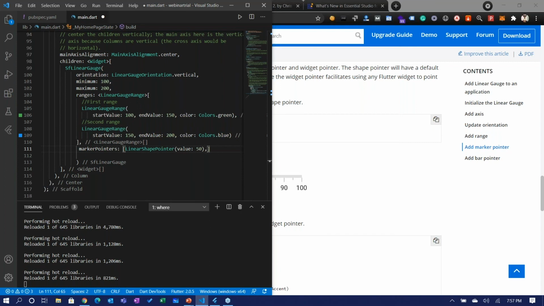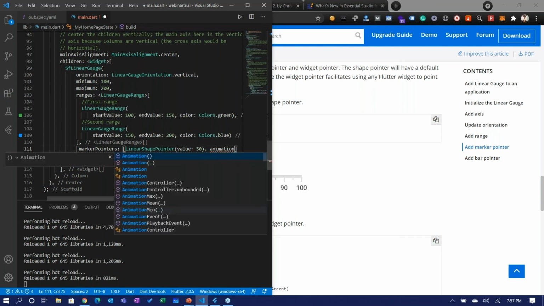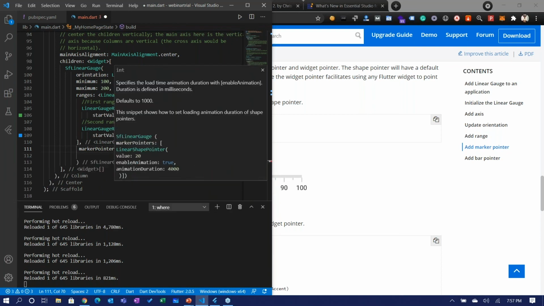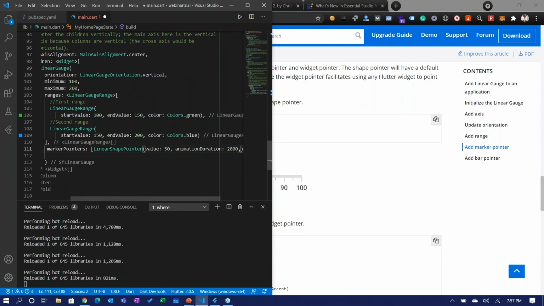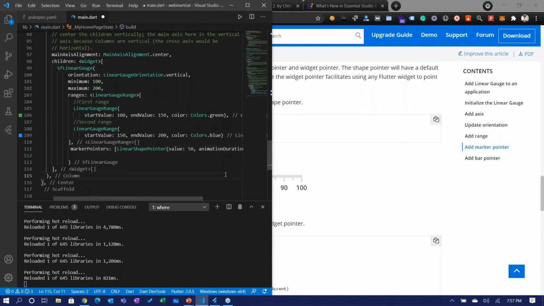And then I'm going to set an animation duration. I'm going to set the animation duration as 2 seconds, so 2000 milliseconds. And I'm going to set the value as 160.